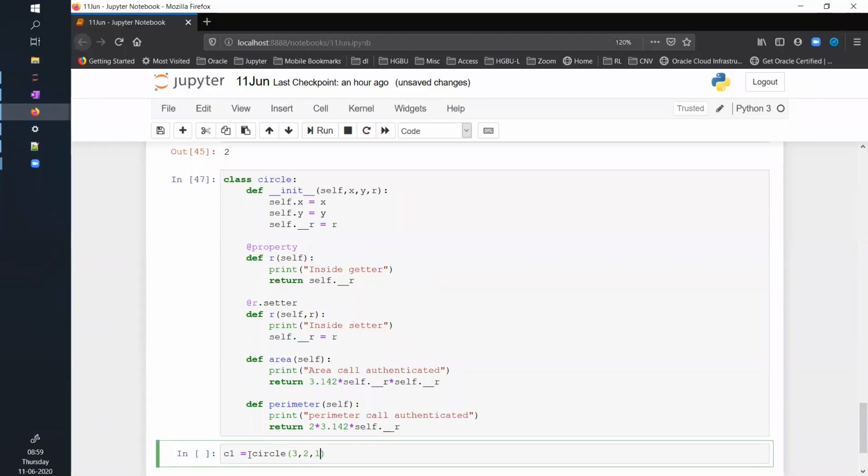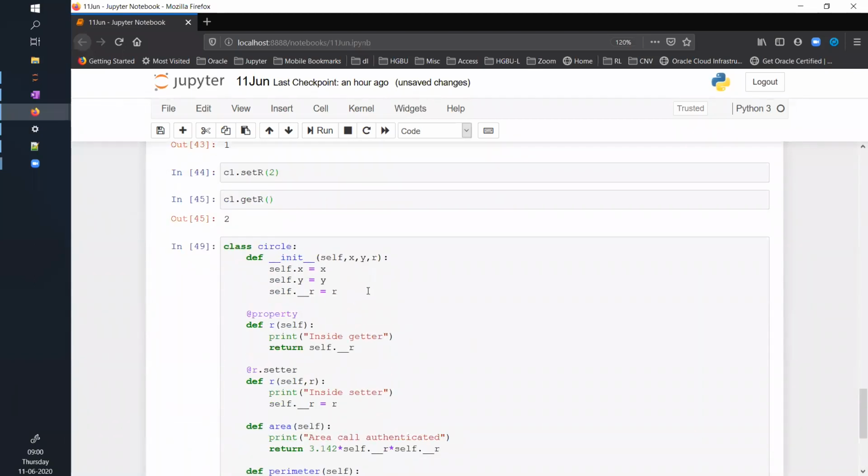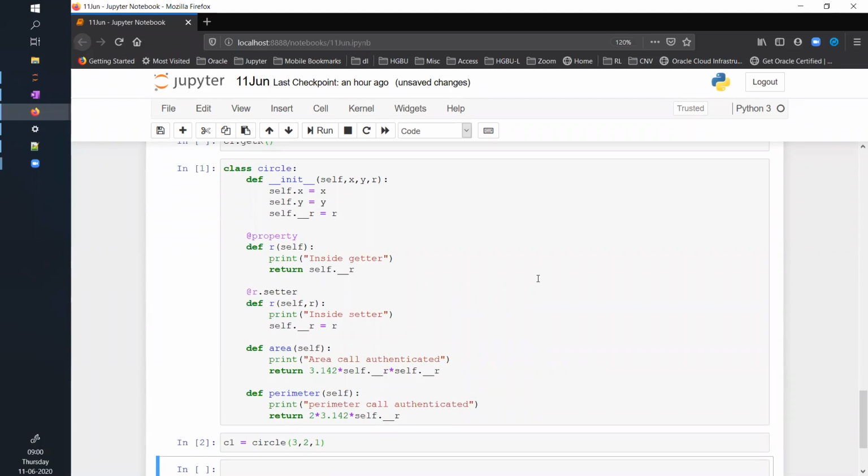Inside setter. Yes, inside setter. If I run this, did I run this one? This is circle, right? Okay, something is wrong. One second, let me just see. Class circle, def init X, Y, R. Yeah.